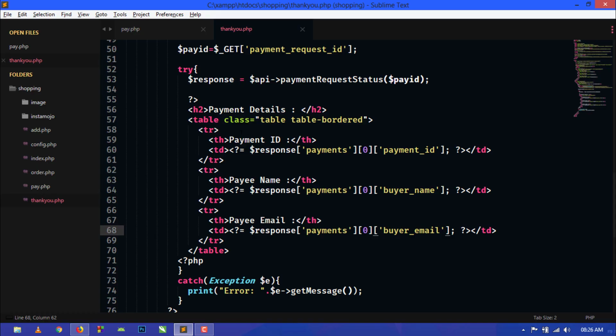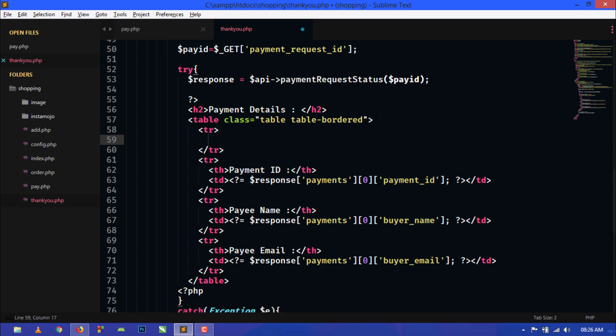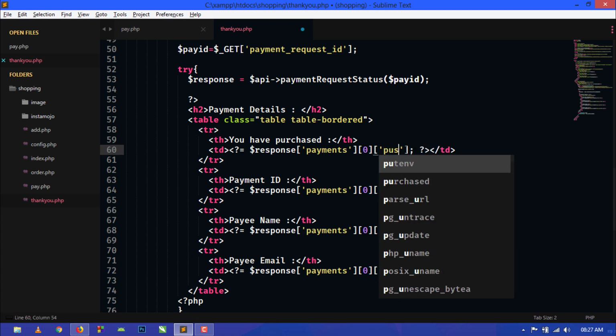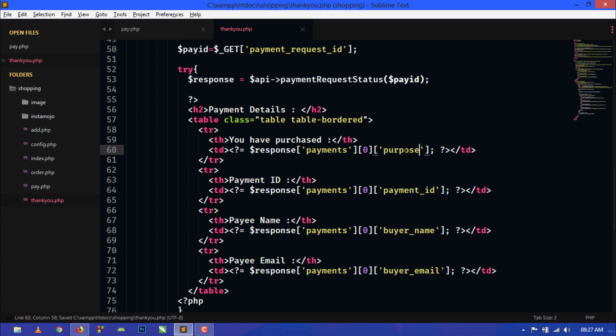Okay, so in first here you can create, you have purchased, and now in TD you have to write the PHP, and from the response just copy the same thing, and here you just have to write purpose. Okay,